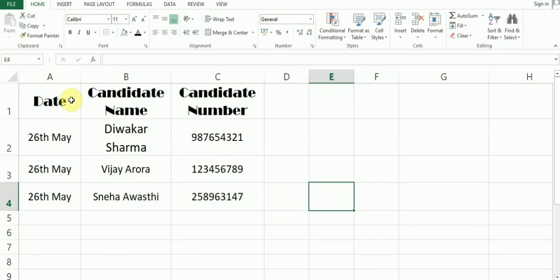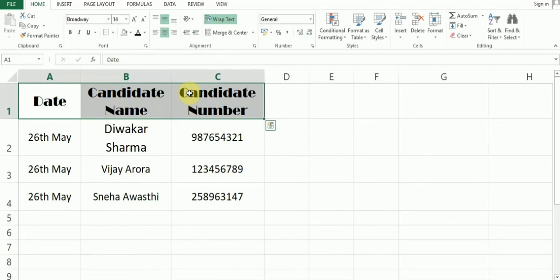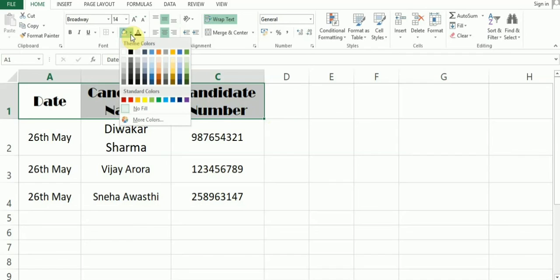We'll experiment with both of them, fill color and font color, on the same data. Now let's say we select the headline and click on fill color and simply change it to gray.